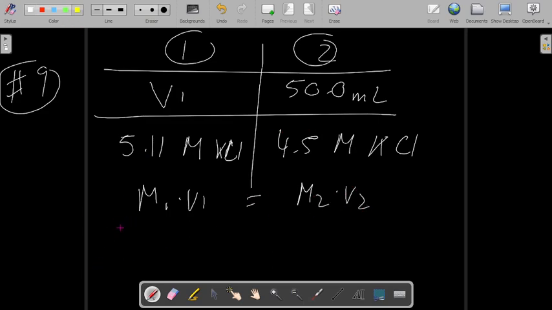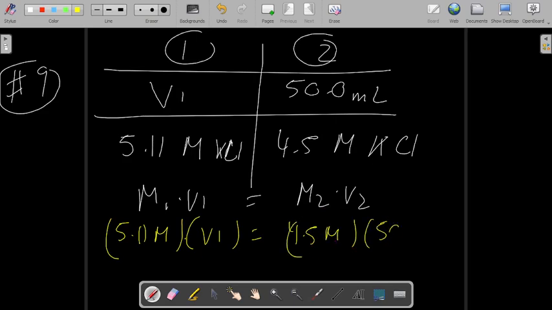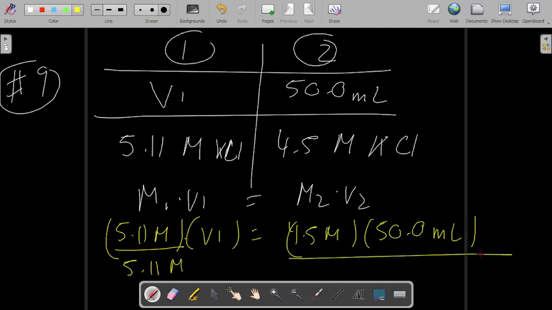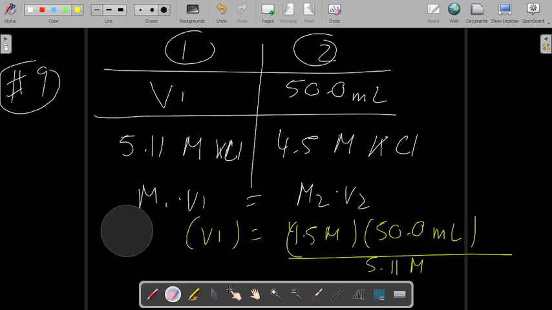Put it where it belongs. So 5.11 molarity times a volume we don't know. I'm going to put parentheses, it's easier to see. Molarity 2 is 4.5 molarity, multiplying the volume, 50.0 milliliters. I can divide by 5.11 molarity, and I do the same thing on this side. The 5.11 molarity cancels, so it disappears, and I'm left with the volume isolated on one side, and I can put everything in my calculator and calculate